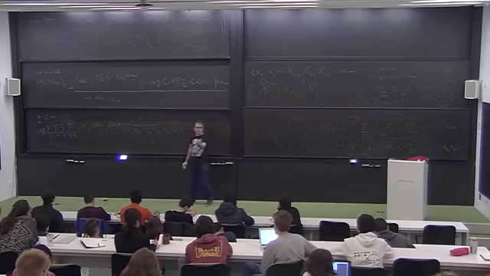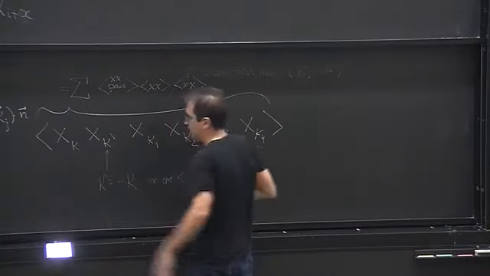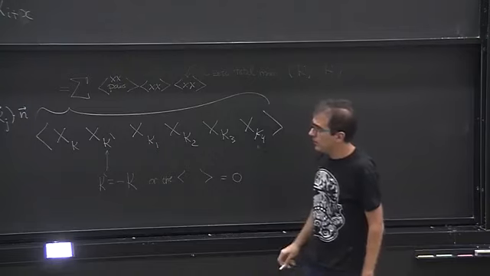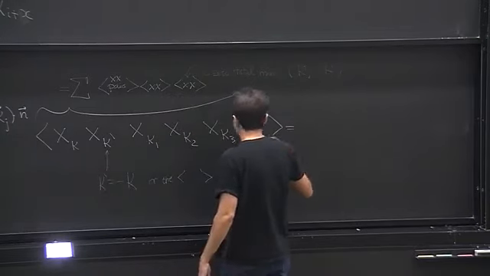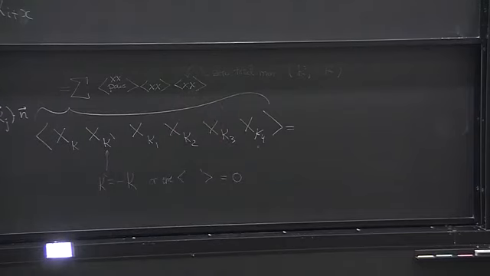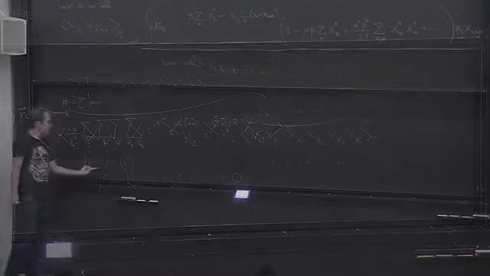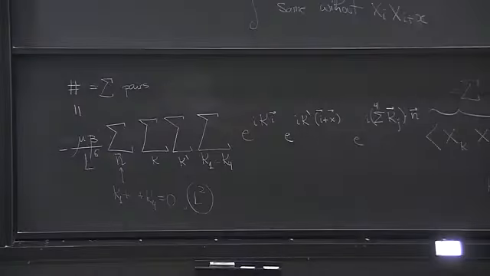And for each 2-point function, the momenta must be k and minus k. So the total momenta adds up to 0. But this momenta adds up to 0. So these two must add up to 0. And therefore, all these sums simplify a lot. This sum over n sets this and gives a factor of L squared. Right? This gives L squared times a delta function. So in total, we will get